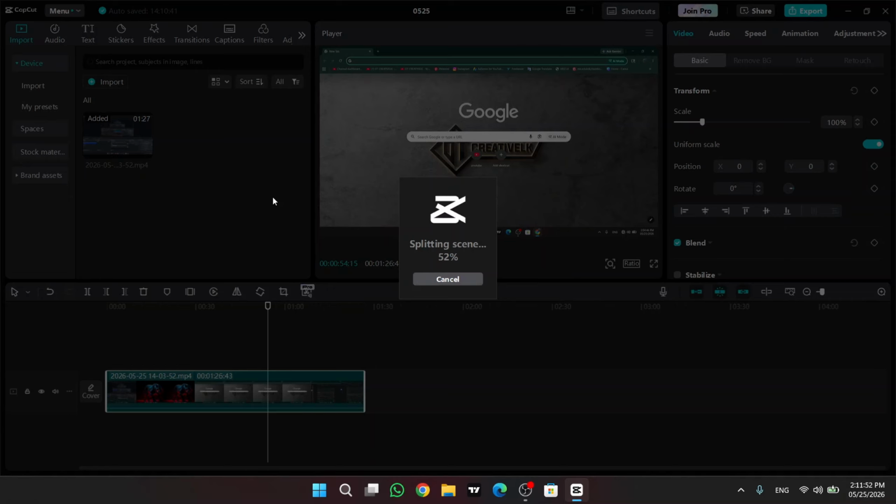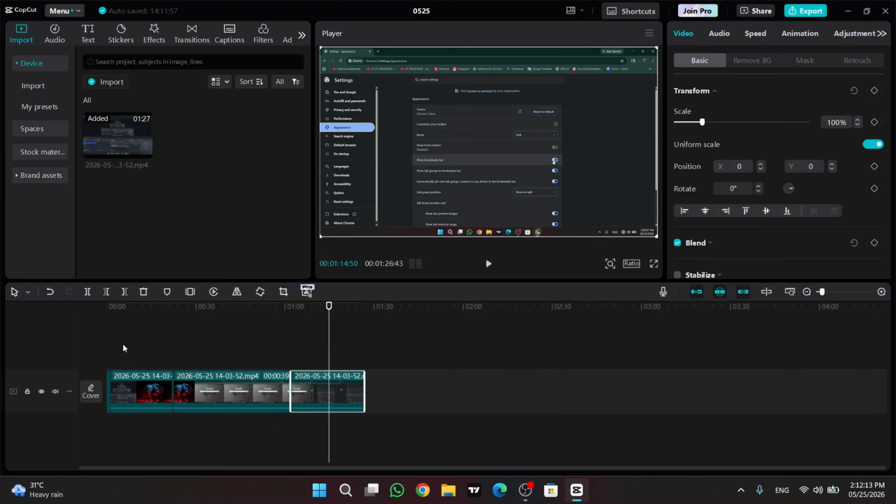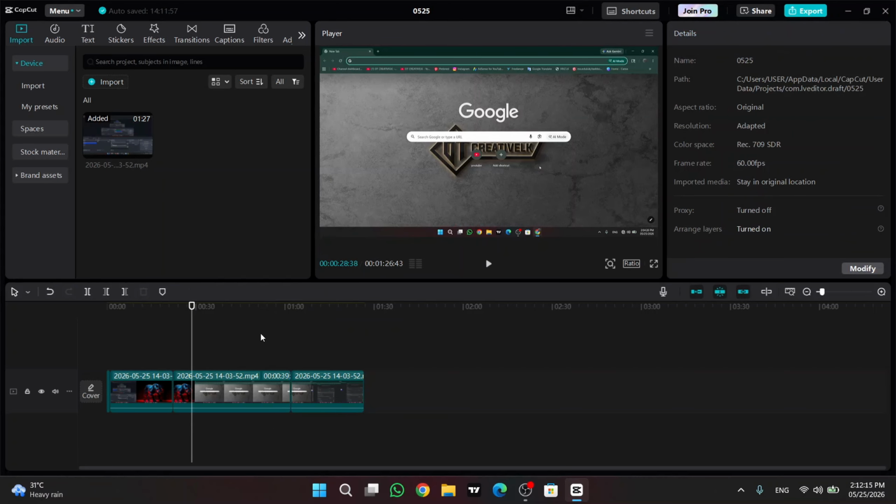Now, it's going to go and do it. Now, the longer the clip is, the longer that process will take. Mine was only short, so it didn't take long at all. Now you're going to go and see it's gone and split the different scenes. And so what I can then do is go and delete a scene easily by selecting it and pressing back. Or I could go and put in a transition, alternatively, as